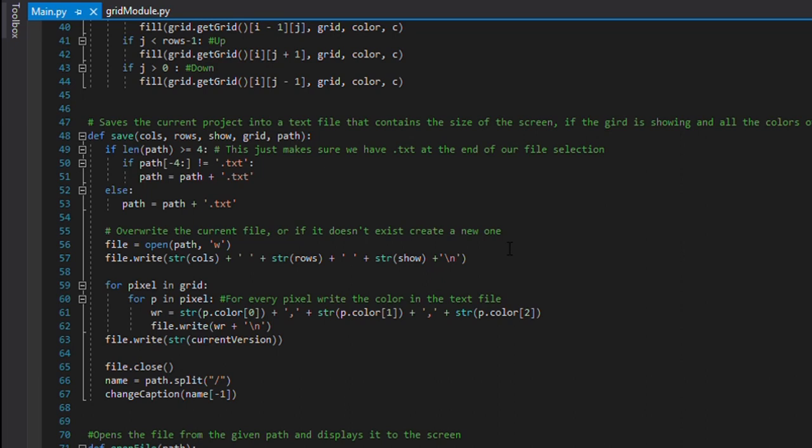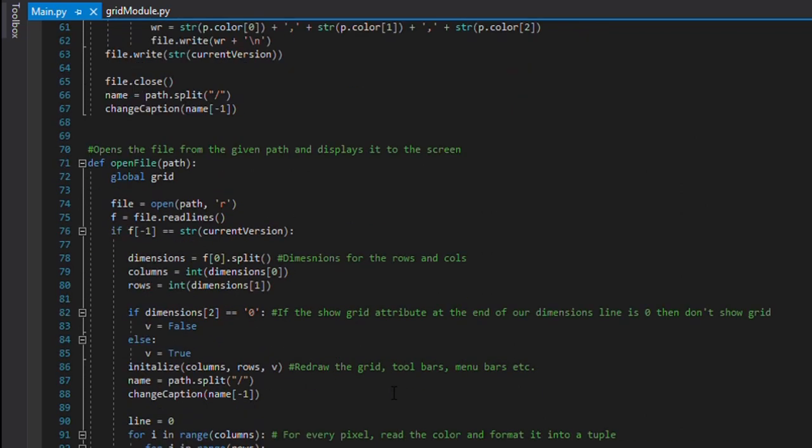Here I'm writing the information that I told you before, the number of rows and columns and so on, and using loops in Python, I'll simply write the color of the different pixels so that it will be stored, you can think of it as a kind of array with each pixel having a color, so that when the user opens it again, this method will be called and it will be opened according to how it was saved. I have also written the current version so that there is no problem with different versions. Simply save the file and move on.